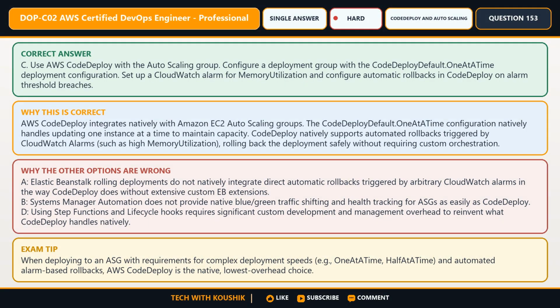The answer here is option C. Use AWS CodeDeploy with the Auto Scaling group. Configure a deployment group with the CodeDeploy default OneAtATime deployment configuration. Set up a CloudWatch alarm for memory utilization and configure automatic rollbacks in CodeDeploy on alarm threshold breaches. This is the best choice because AWS CodeDeploy integrates natively with Amazon EC2 Auto Scaling groups. The CodeDeploy default OneAtATime configuration natively handles updating one instance at a time to maintain capacity. CodeDeploy natively supports automated rollbacks triggered by CloudWatch alarms, such as high memory utilization, rolling back the deployment safely